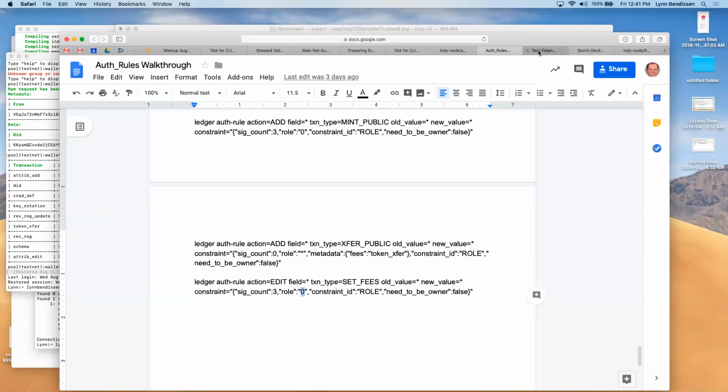Okay, so if this does ever get implemented on the production Sovrin mainnet, there would only be one set of fees defined by Sovrin on the mainnet. Yes. And there is one Sovrin token.